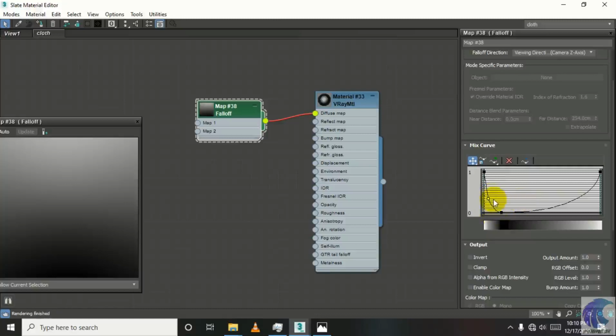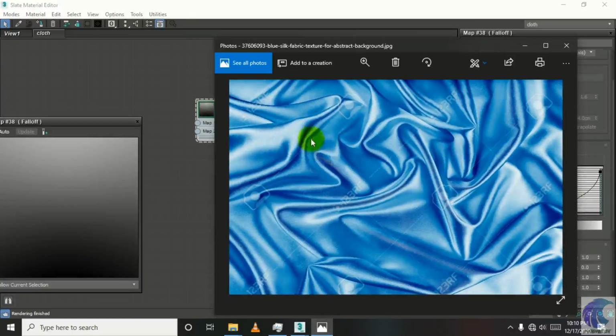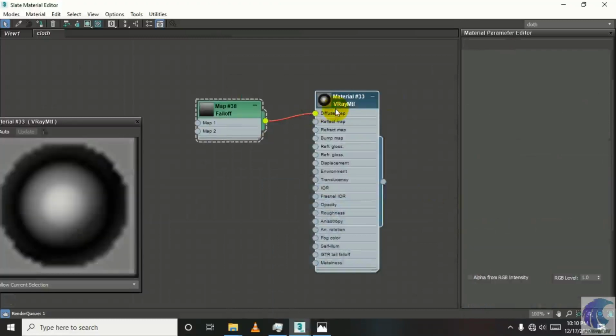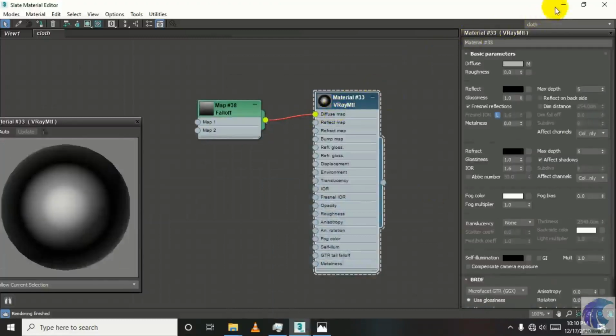So as I told you, we have to get a sharp merging between these two colors. So using this value or by changing a bit of them, we can get this sharp change between these two colors.